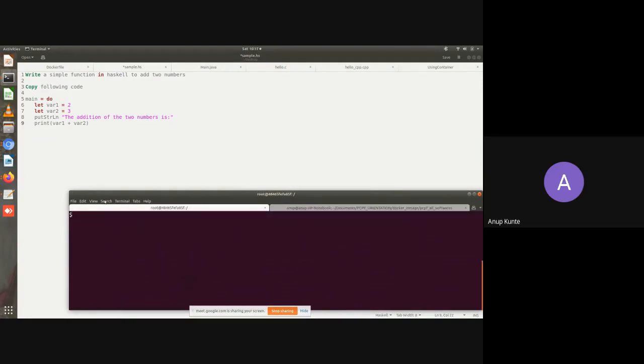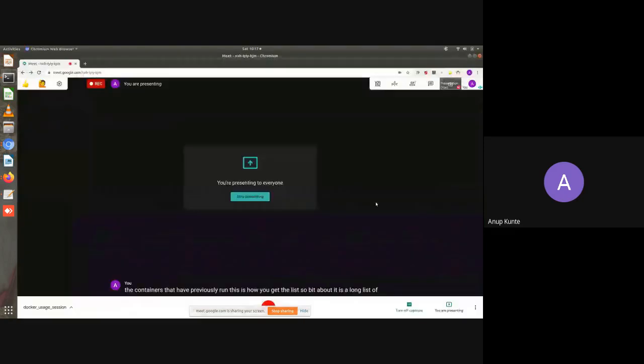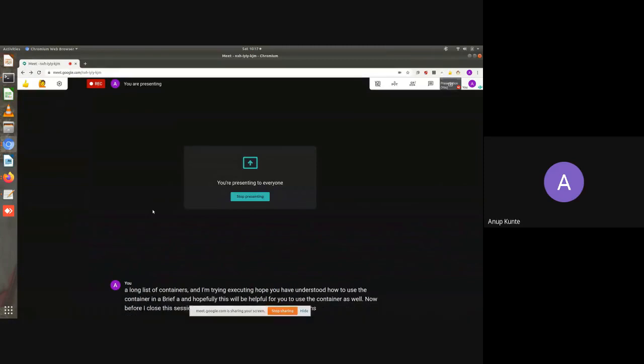I hope you have understood how to use the container in a brief way, and hopefully this will be helpful for you to use the container as well. Now, before I close this session, there would be a lot of questions in your mind about how to use this. I have a simple way chalked out in my mind.